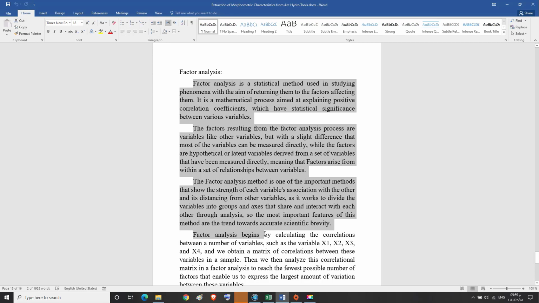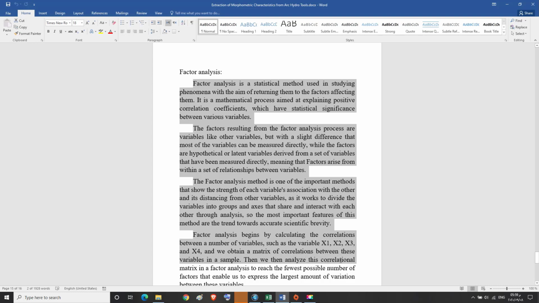Factor analysis begins by calculating the correlation between a number of variables such as the variable x1, x2, x3, and x4, and we obtain a matrix of correlation between these variables in a sample.